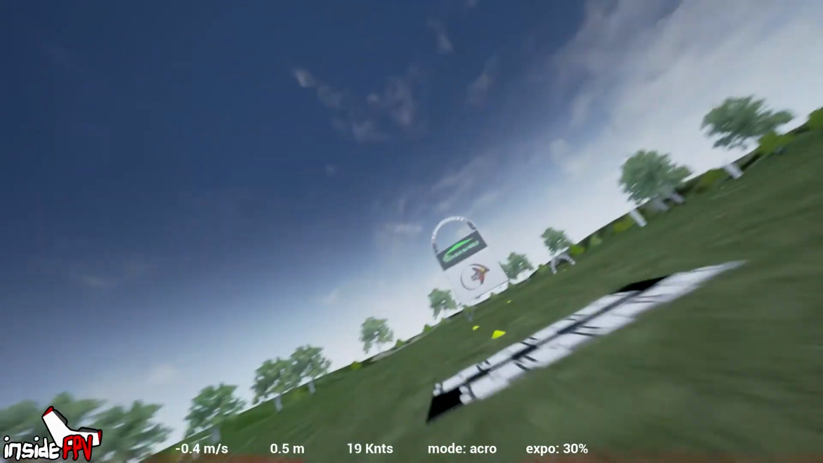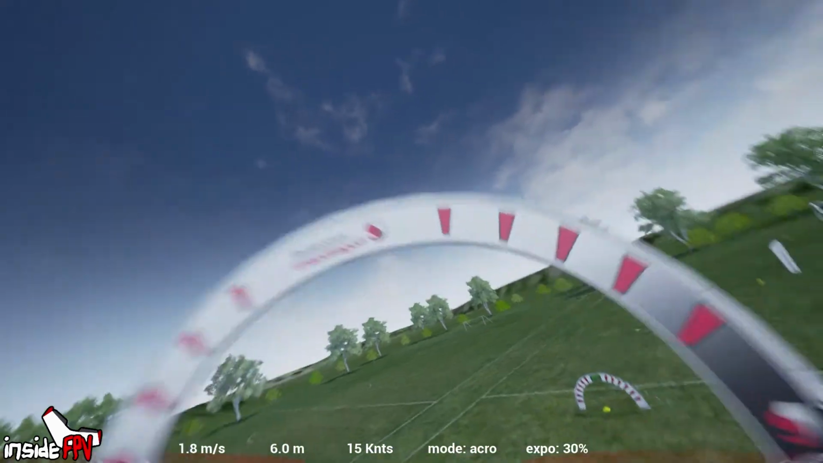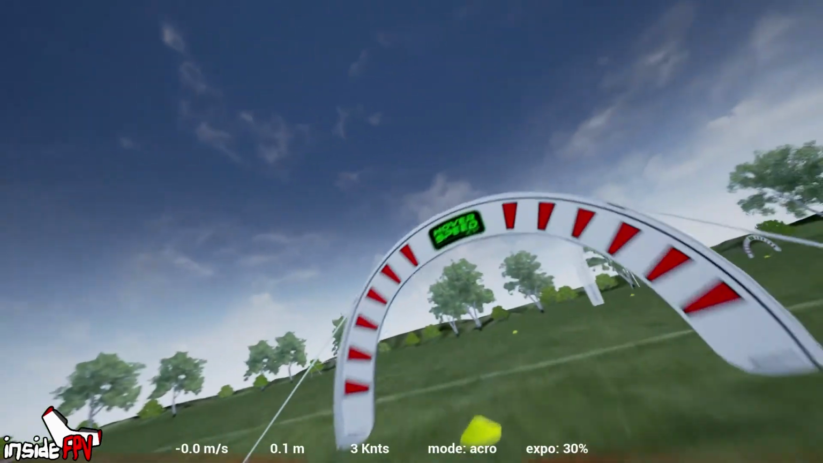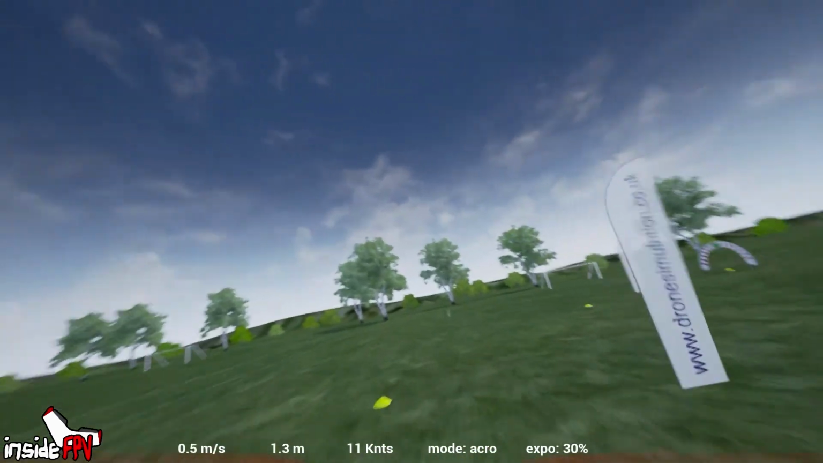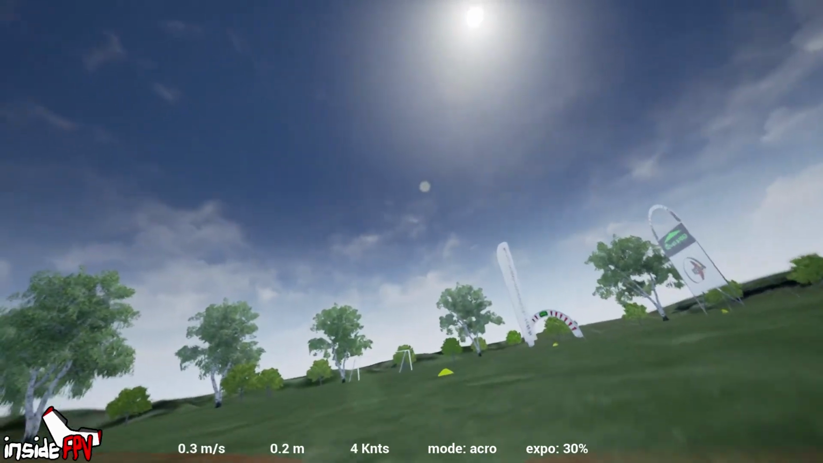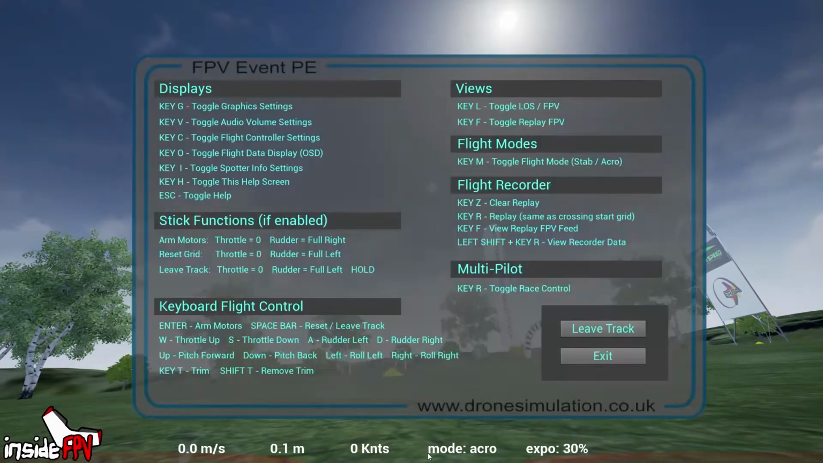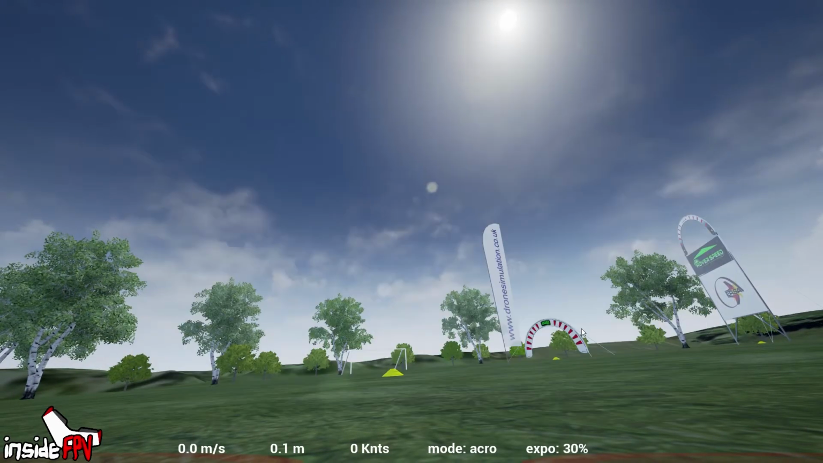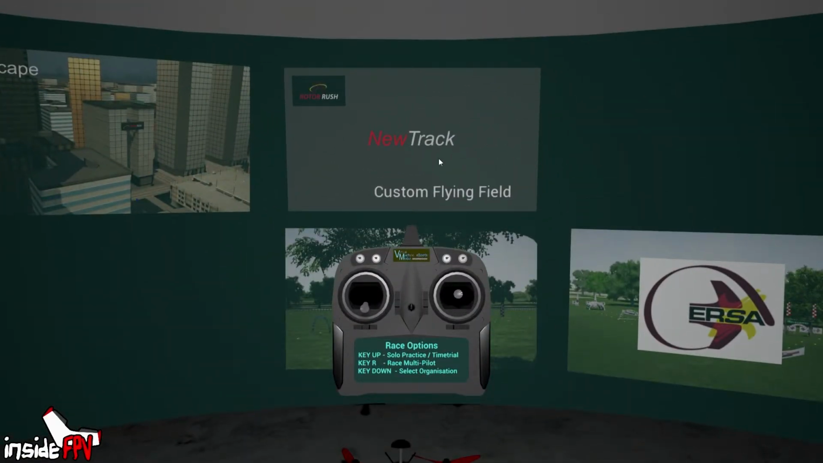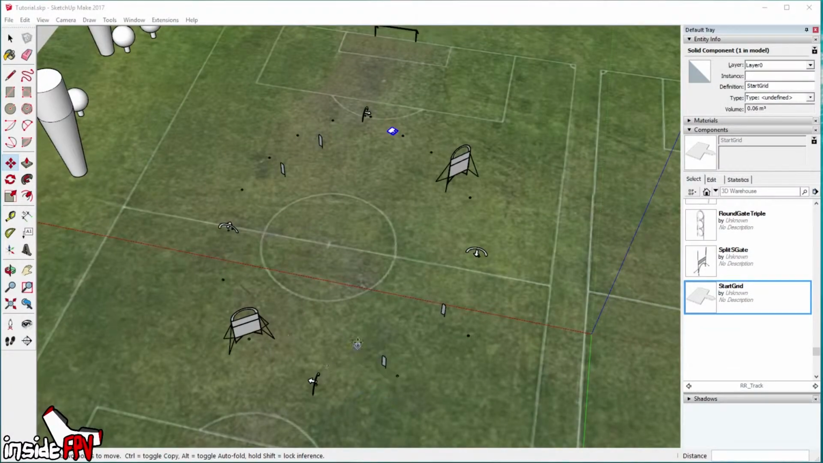And if you wanted to make a change, say you didn't like something to do with the track, you don't like the way it flows, or you think the gates are too close to each other, or let's just say you wanted to change this flag, you simply exit out of the track, go back to Sketchup, you can press the space bar,